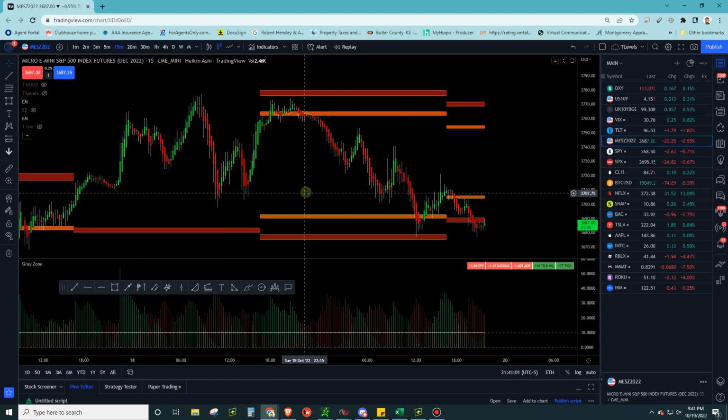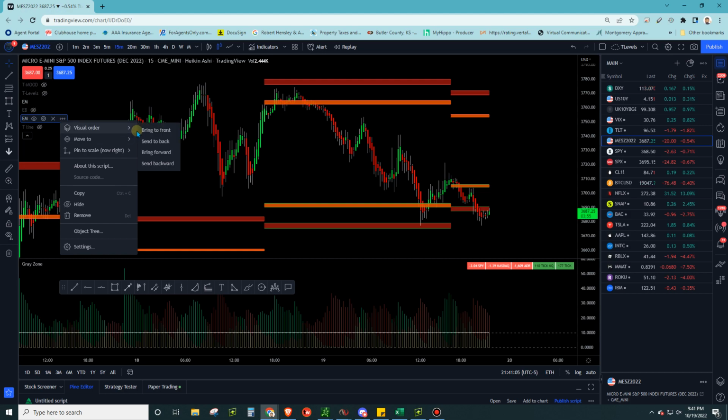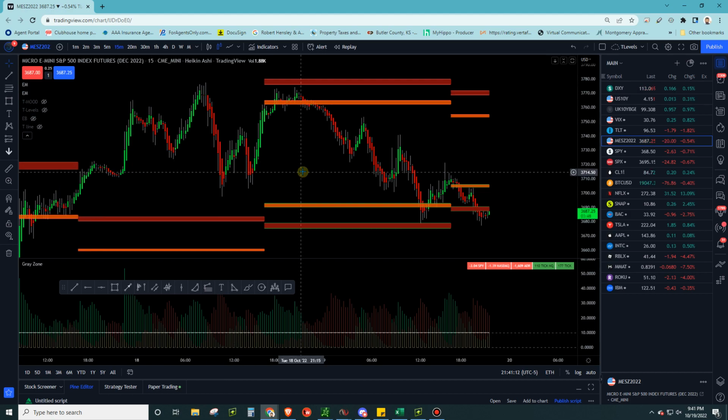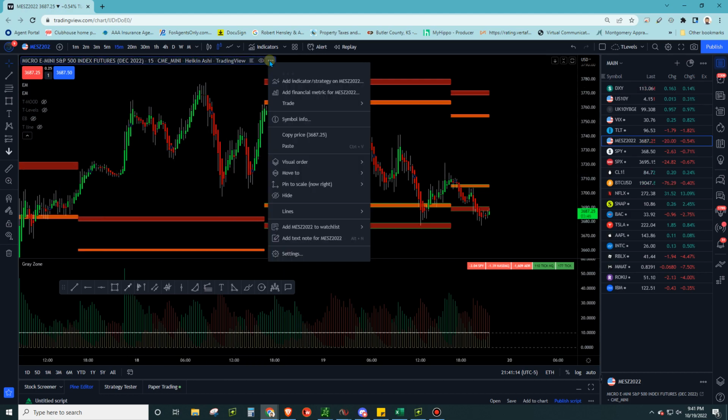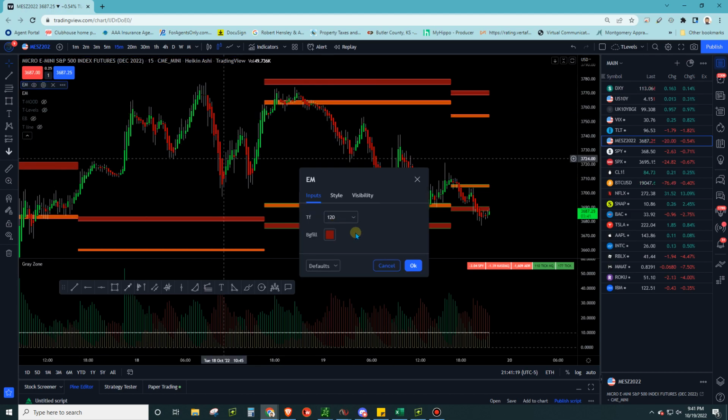Now the next thing is using these expected moves. My two favorite expected moves are going to be. Let's send this up, bring this to the front. Put those in the front there. So my two favorite expected moves are going to be the 1 hour and the 2 hour. So I got the 1 hour there, 120 minute. Now you got a range here: 15, 30, 60, 120, 240, daily and weekly. You can mess with all of these, but my favorite time frame to trade is the 15 minute.